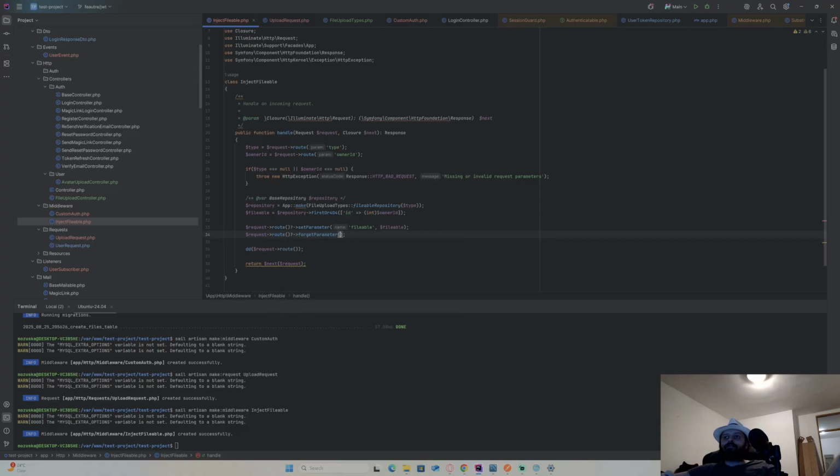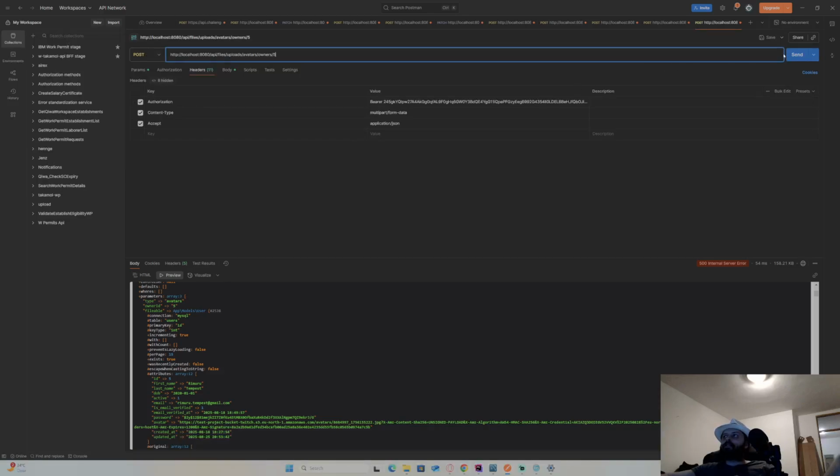This should work. And it's gonna be owner ID because I don't need it anymore. Do I need the type? I still need it on this. So set parameter fileable. Forget parameter owner. Now owner shouldn't be in this route anymore.